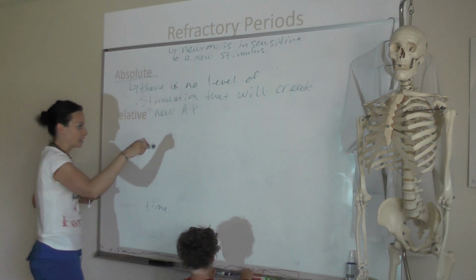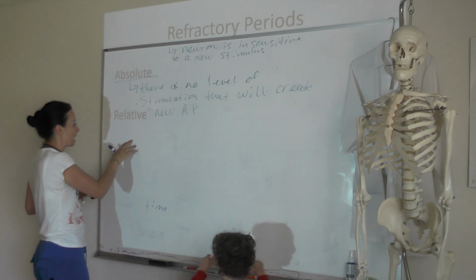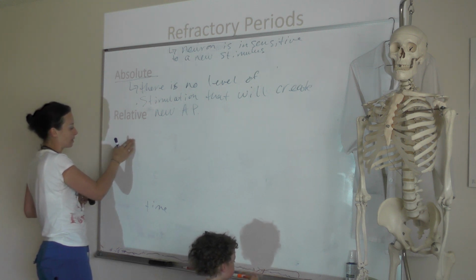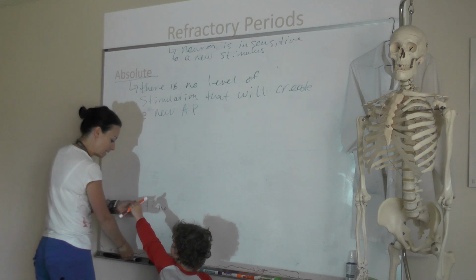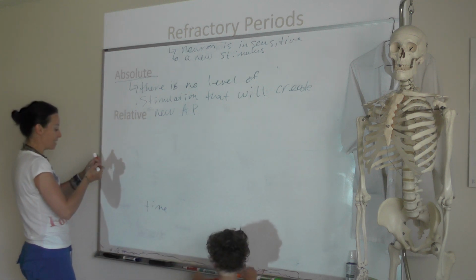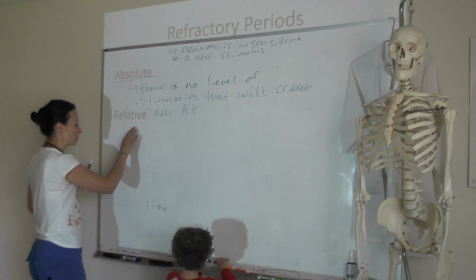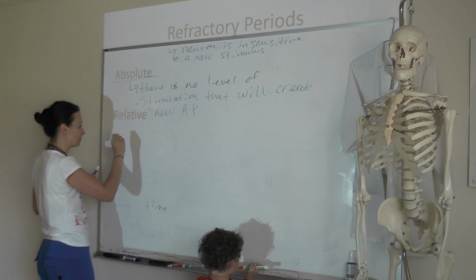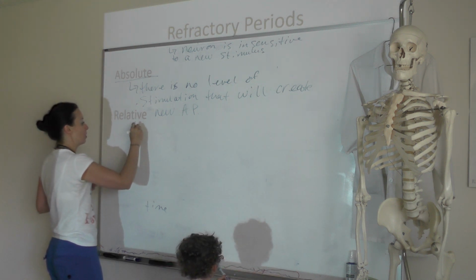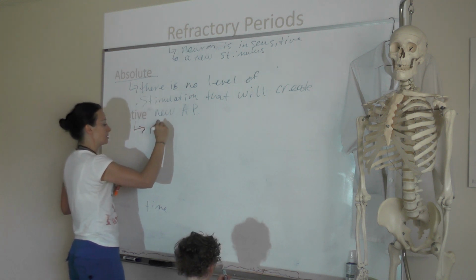What's going to increase the frequency of that is that you are stimulating so strongly that you're hitting it during this relative refractory period. Okay, and what's happening here, we could say, is that during this time you can generate an action potential, but you have to have a stronger stimulus to do it. So you're relatively insensitive